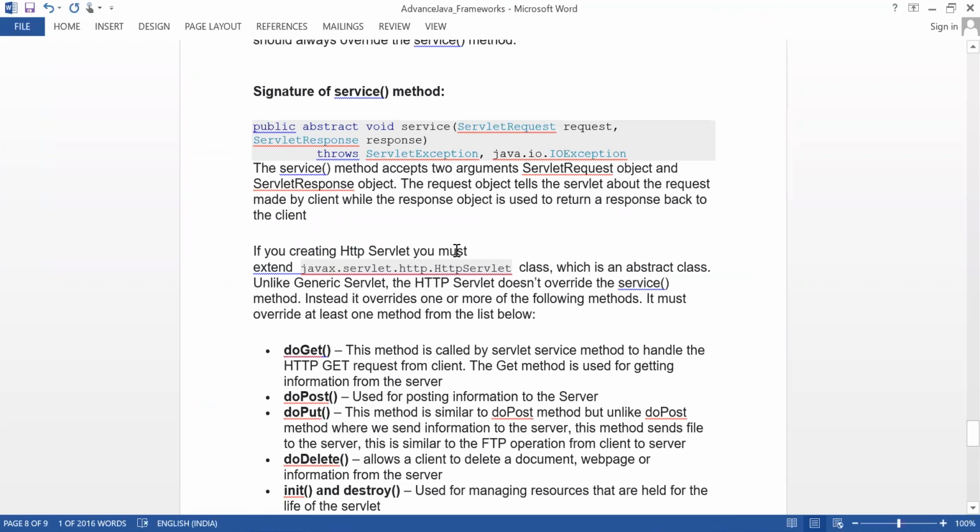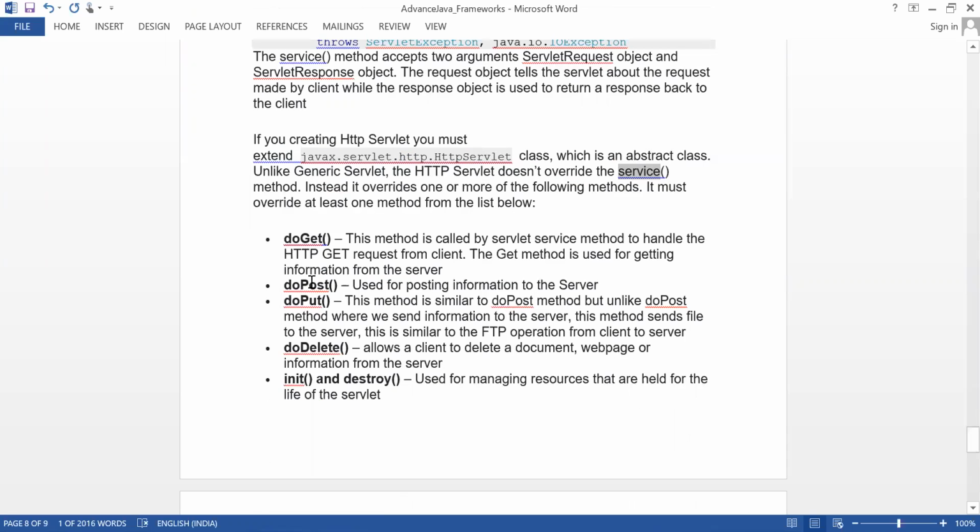If you're creating an HTTP servlet, you must extend the HTTP servlet class, which is an abstract class. Unlike generic servlet, HTTP servlet does not override the service method. Instead, it overrides one or more of the following methods. It must override at least one method from the list below: doGet, doPost, doPut, doDelete, and init and destroy. Got it now? So either you can use doGet request, or post request, or put request, or delete.